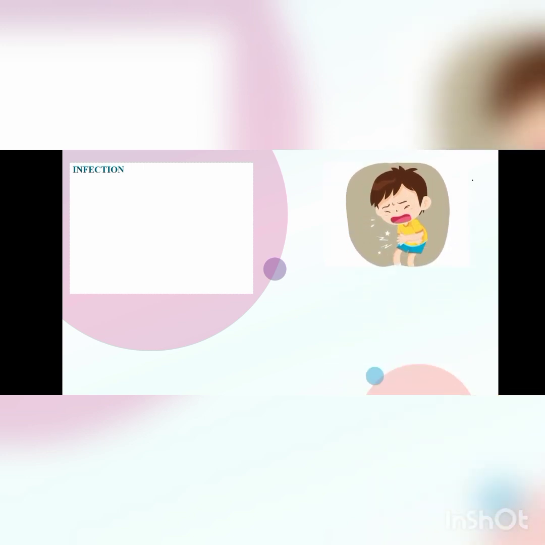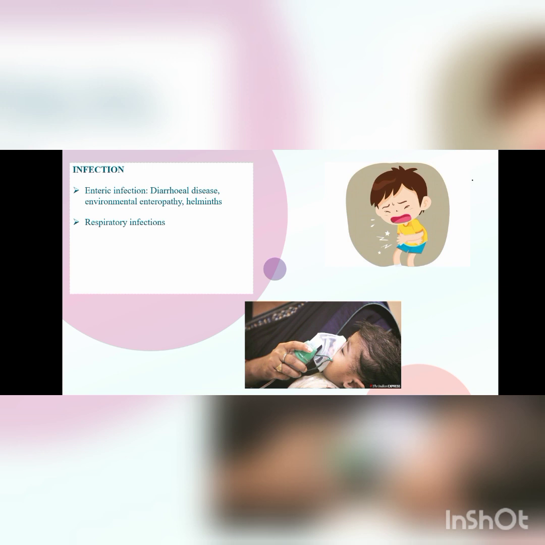Infection. Yes, infection can contribute to stunting in children. Recurrent infections such as diarrhea and respiratory infections can impair a child's ability to absorb nutrients and utilize the food they consume effectively. When a child becomes sick, their body diverts energy and nutrients towards fighting off the infections, which can result in decreased appetite and impaired nutrient absorption. Over time, repeated infection can lead to chronic malnutrition, which can result in stunted growth and impaired cognitive development.